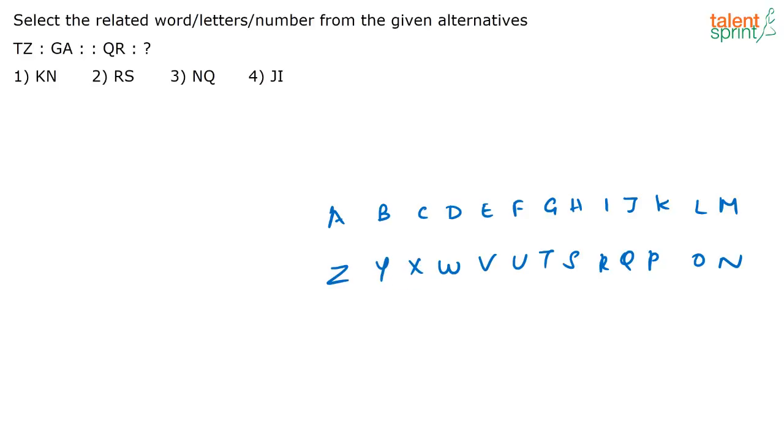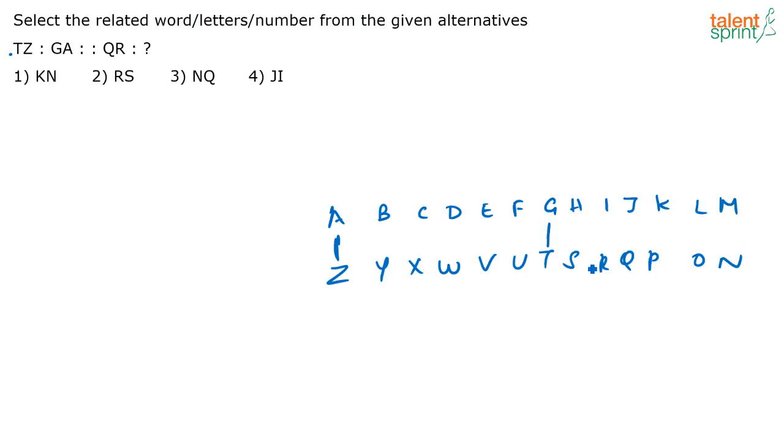Yeah. So again, for this question, what is the answer? A lot of you are giving me the answer as J-I, Pittu, Karthikeyan, Priya, Saurav, Vidya, all of you are giving me the answer as J-I. See, if you arrange the alphabets in the reverse order, let's say equivalent to A will be Z, correct? So similarly here, whatever is given, TZ is to GA, correct? What is the relationship between T and G?